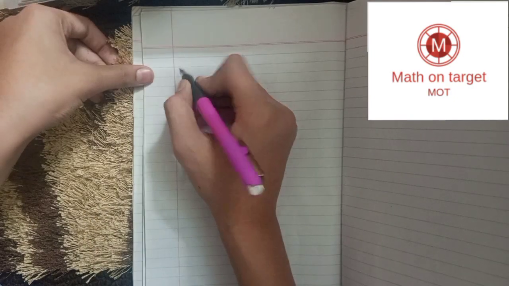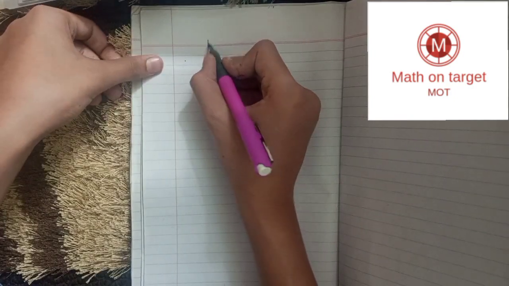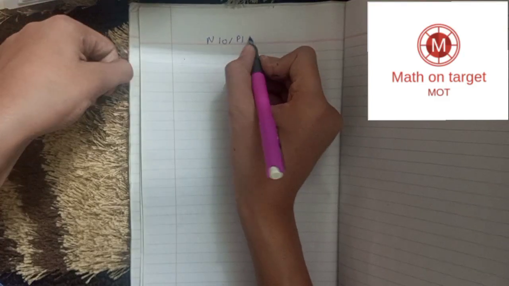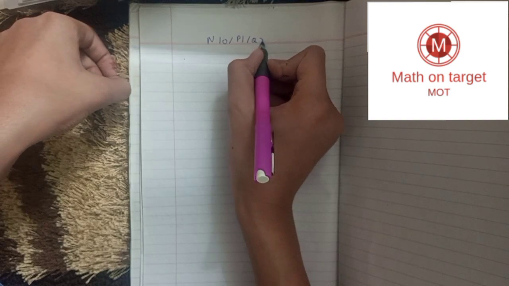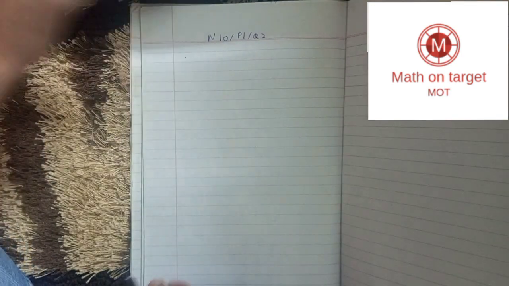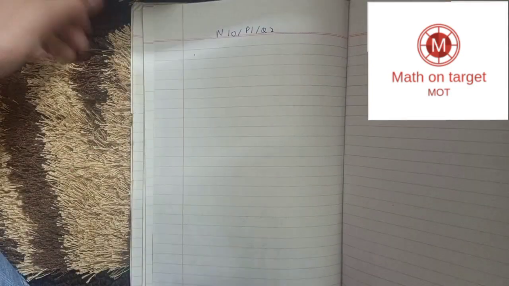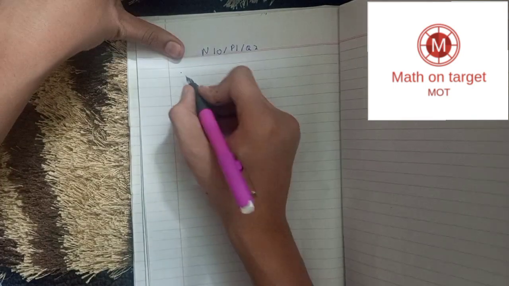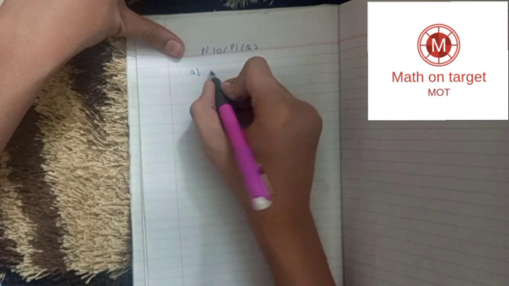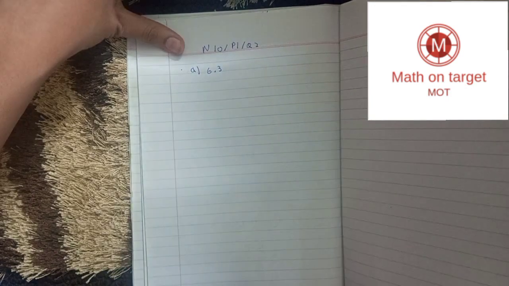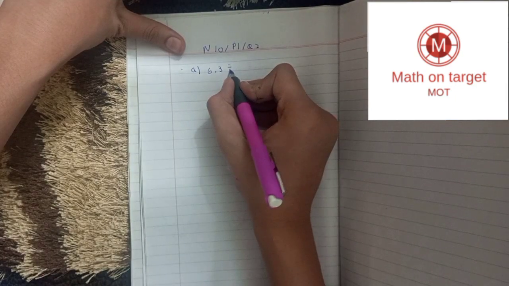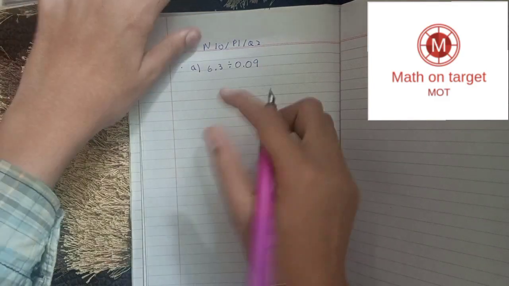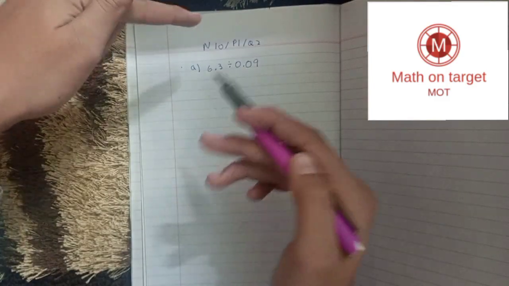So the next question which we are having is of November 2010, of P1 and question number 2. So this was of November, and the previous question we did was of the June to July paper. And the question is: evaluate 6.3 divided by 0.09. As we know, if we want to divide, the easy way is to make it in standard form,